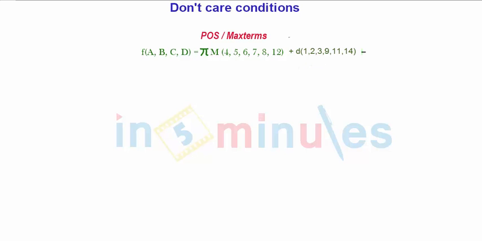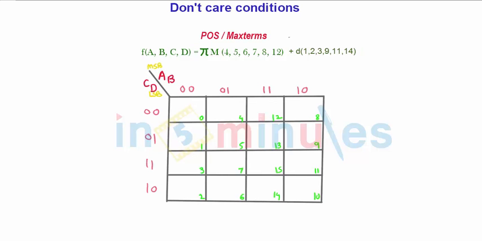So let us try to solve the K-map for this. So here is the K-map, 4 variable K-map, and the respective cell positions according to MSB bit A and the LSB bit D, A, B, C, D. And one thing I want to clear here, that we are solving the equation for POS format. So what are the fixed position outputs present, to which we will enter zeros. Why? Because this is POS format. So for POS format we enter 0 in the K-map, and for SOP we enter 1.